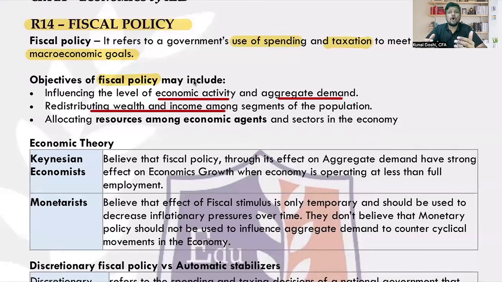Therefore, under the taxation law, most of us have progressive taxation. What do you mean by progressive taxation? Under progressive taxation, the rich pay more taxes. That's common in most of the economies, right? So the objective is to allocate the resources among different sections of the economy. So redistributing the wealth, or allocating among different sections of the economy. So, charging the rich more taxes and distributing it to the poor. It's more of a social equality. I call fiscal policy more like Robin Hood.